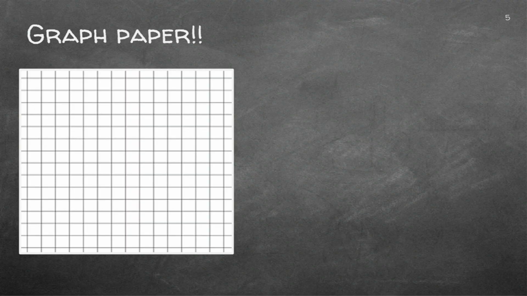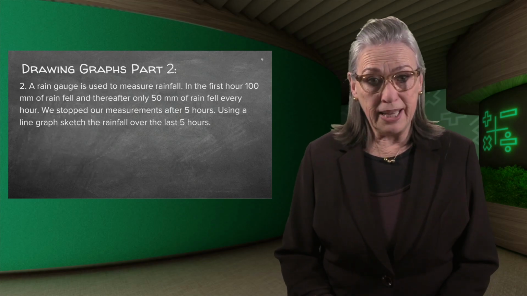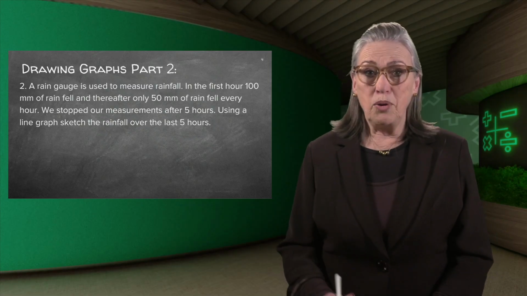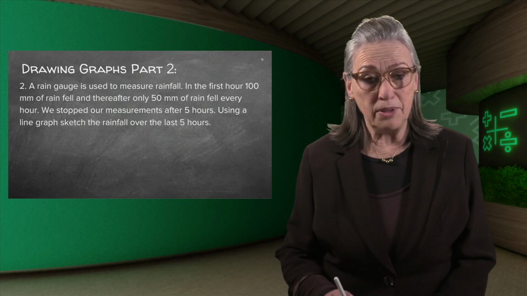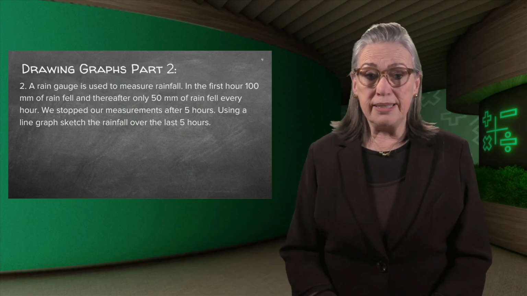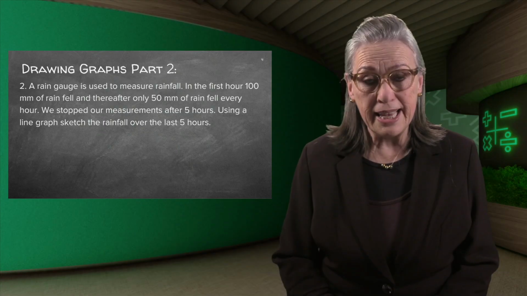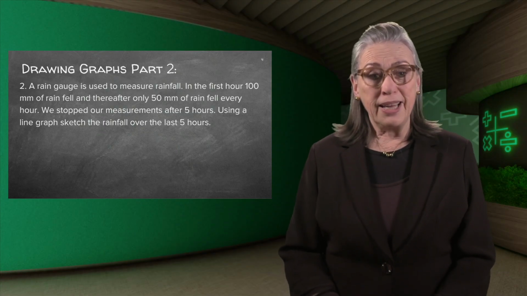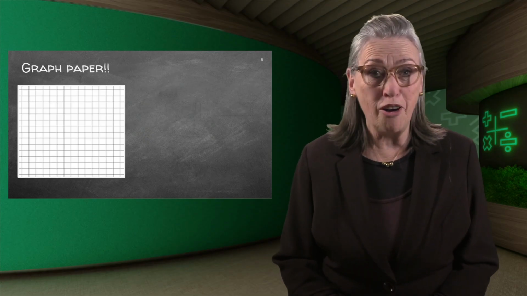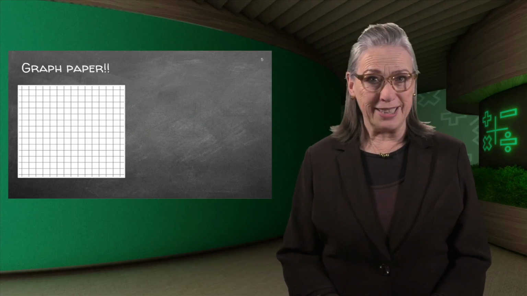We're going to have our graph paper ready. Okay, so now remember, we must give it a title. We must have our dependent, the y-axis, our x-axis. We must then do our coordinates and draw our graph. So I want you to stop now and read carefully, get your graph paper ready and draw your graph, and then I'll see how well you did.